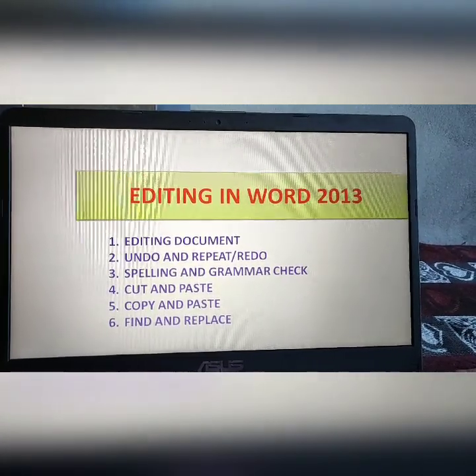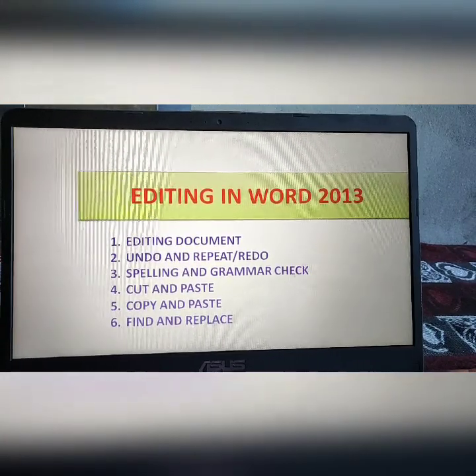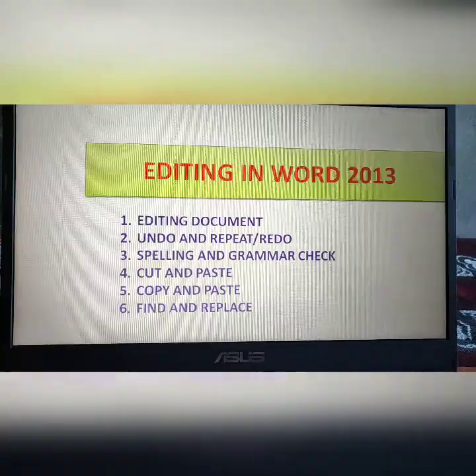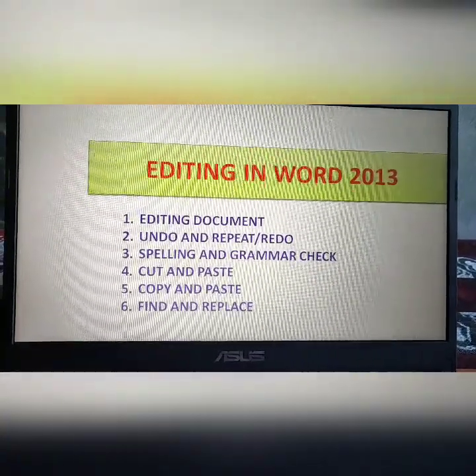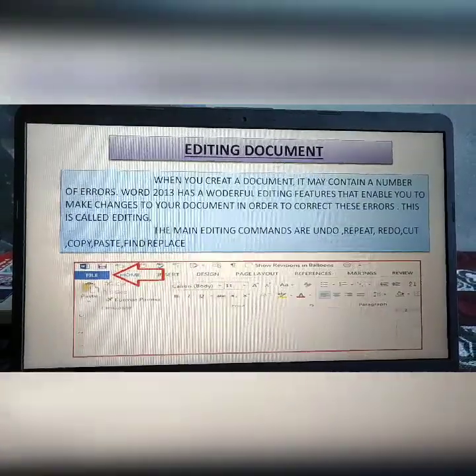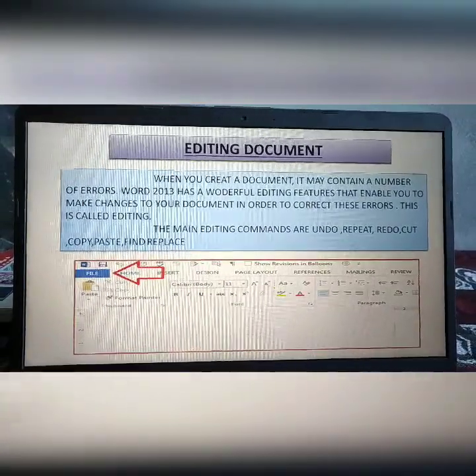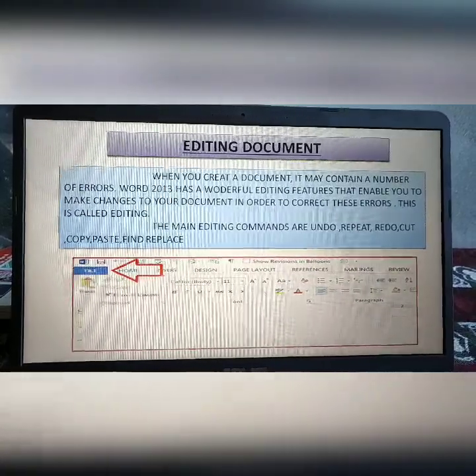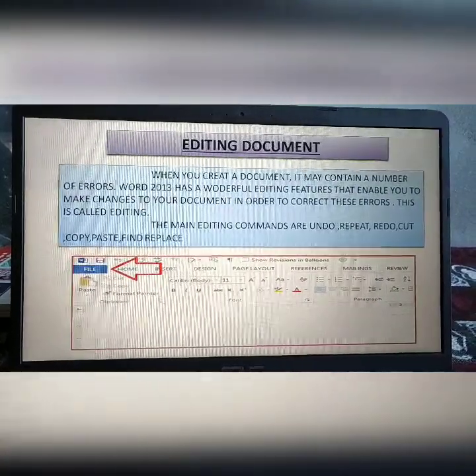Okay, so today I am going to start your first topic of your first chapter, that is editing document. Editing document. When you create a document, it may contain a number of errors.